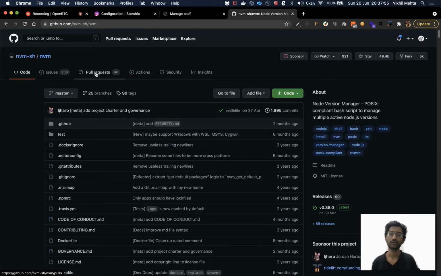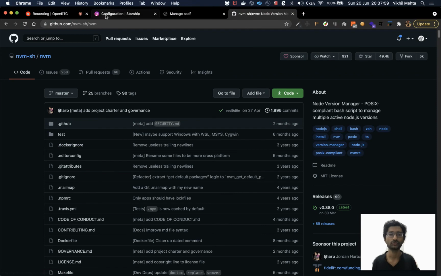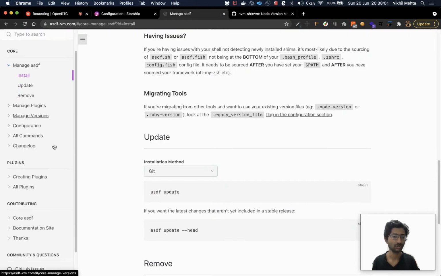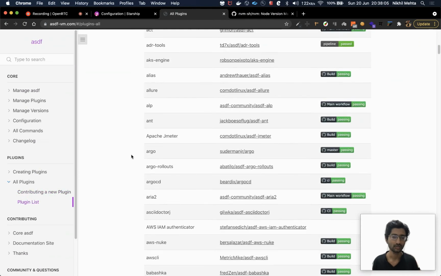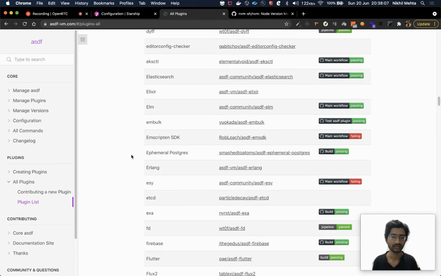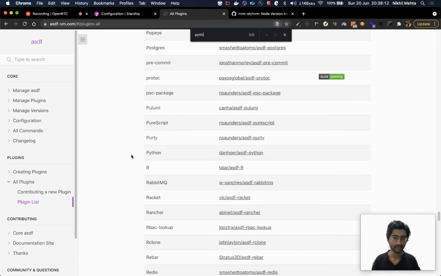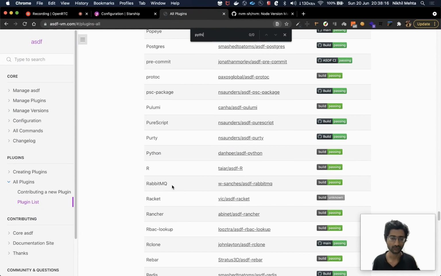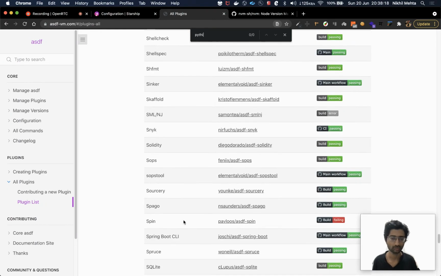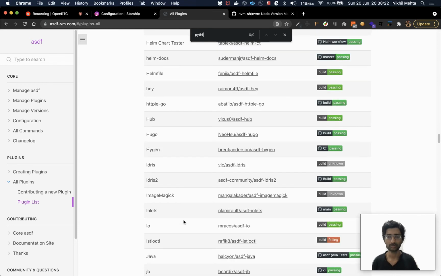And that actually is kind of tedious. So ASDF helps you manage most of the versions with just that, right? You can search for Python here, and you can run multiple versions of Python, multiple versions of R, RabbitMQ, and whatnot. The list is tremendous here, right? And this is one primary reason I like it a lot.